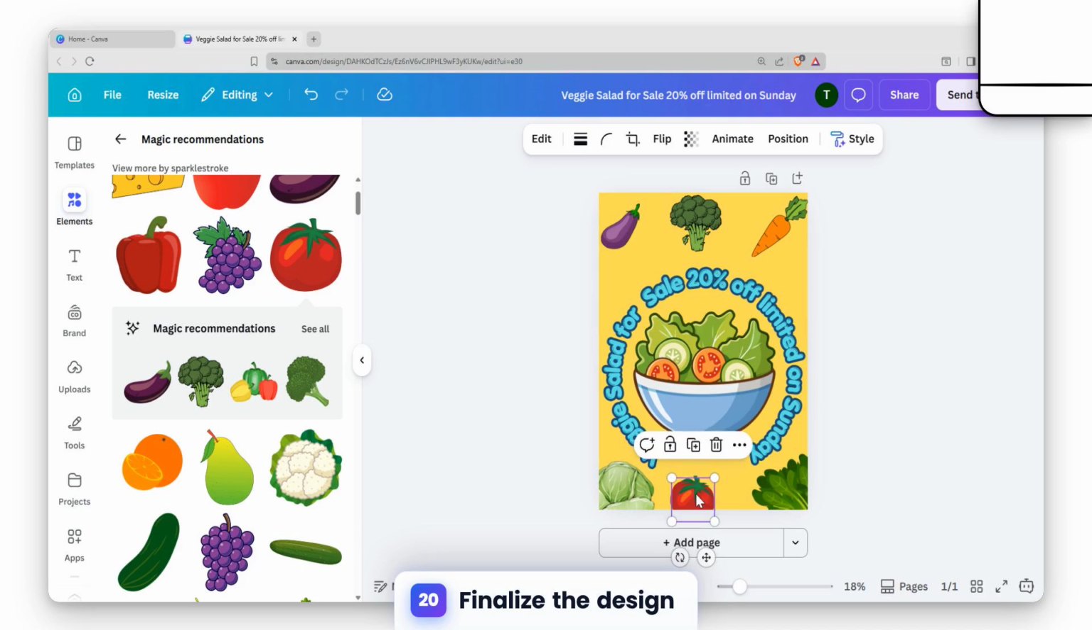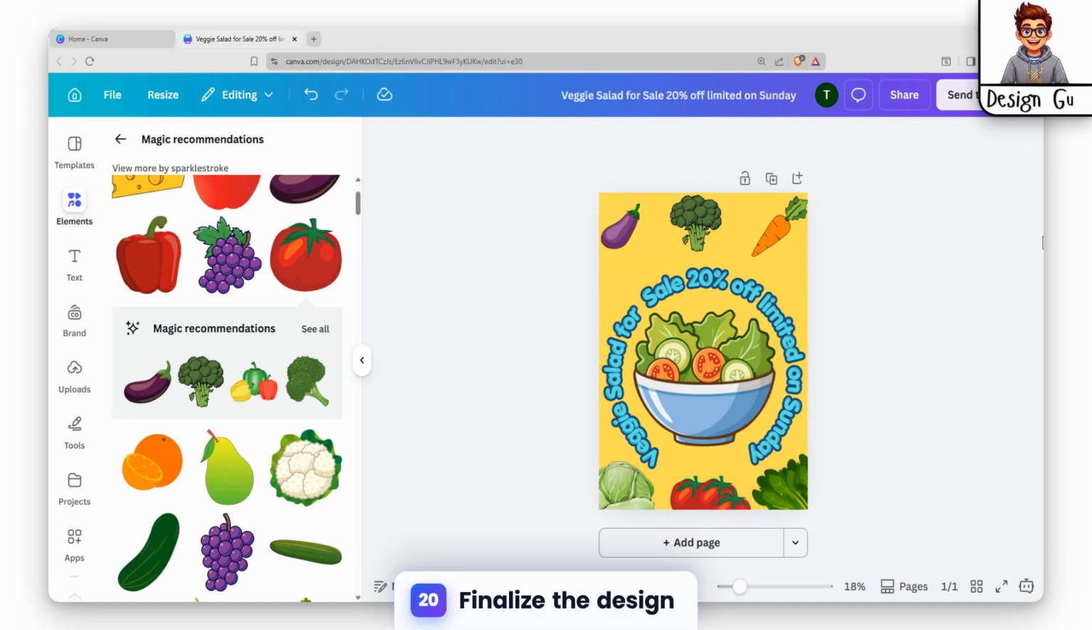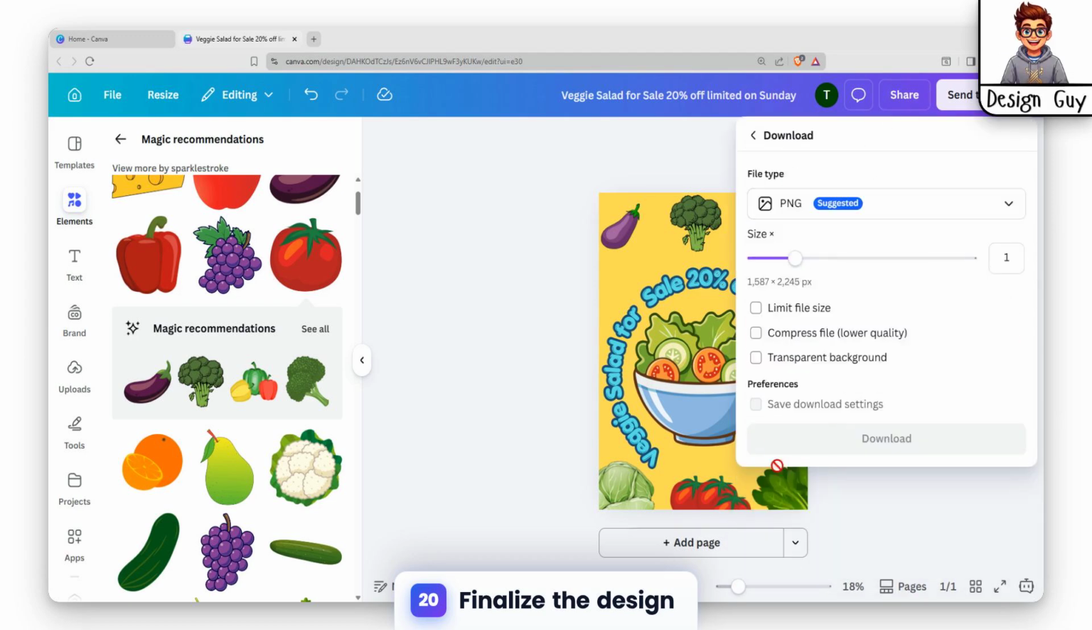When you're happy with the final result, simply click the Share button located at the top right corner. From the drop-down menu, select Download. Choose your preferred file format and resolution settings, then confirm by clicking the Download button to save your completed project